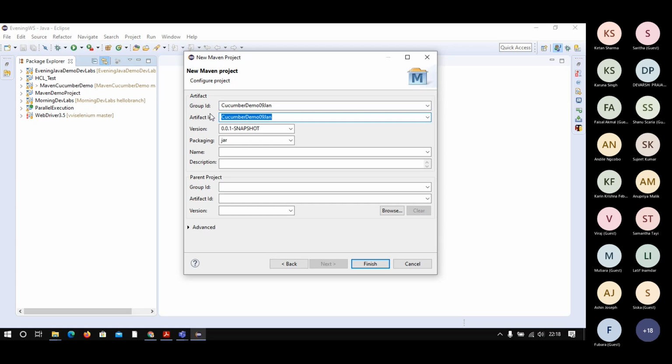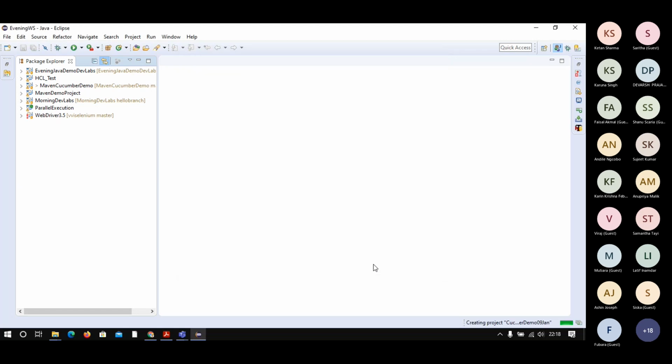The main thing is the artifact ID. If you have given this one, it should be okay. And then after that, you can copy and paste everywhere. So name is also the same thing, description is also the same thing. This part you can ignore, the parent project, because Maven is related to multi-module projects. So those parts as of now you can ignore. Once you have given this information, you can click on the Finish button.